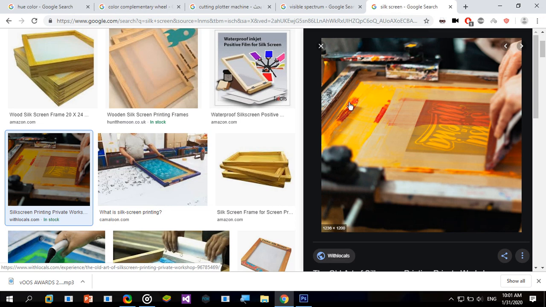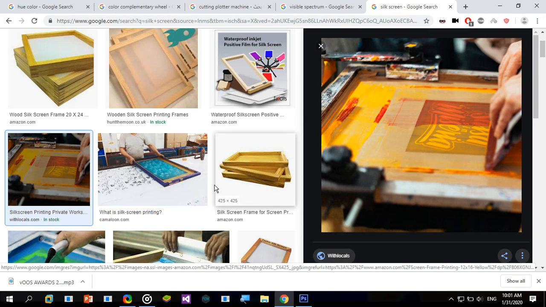High temperature will also motivate the molecules of this material. So simply we have the material, we put it on the mesh, we print some transparent paper, we put it on it,